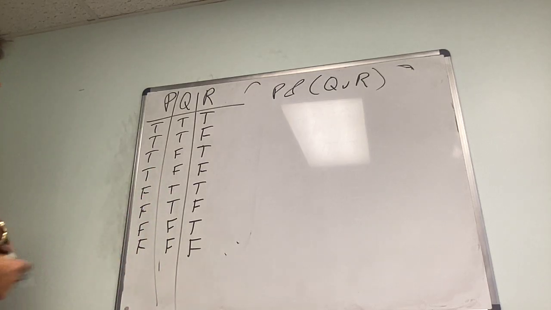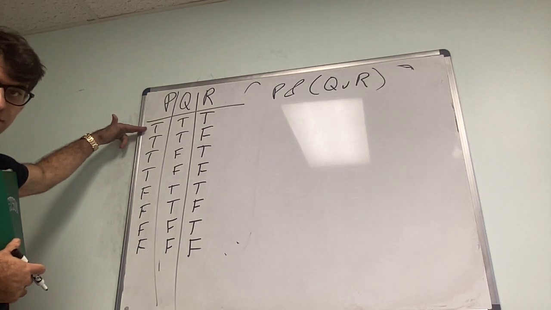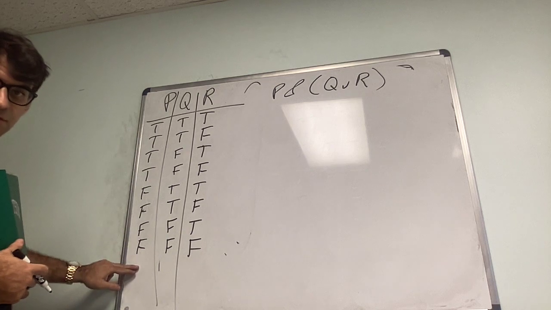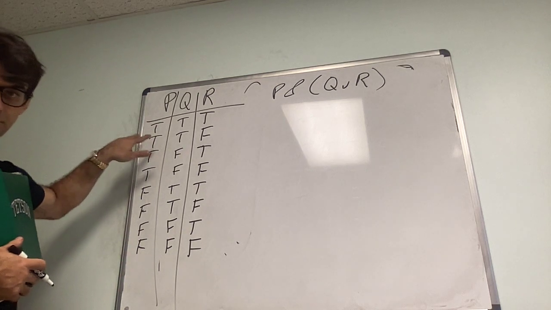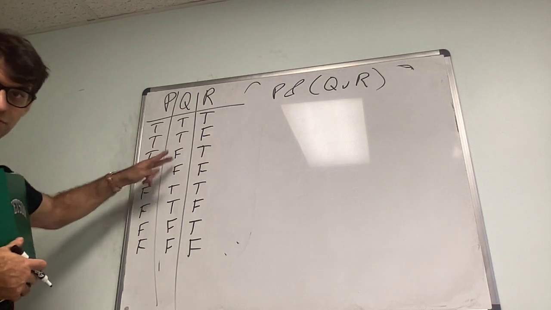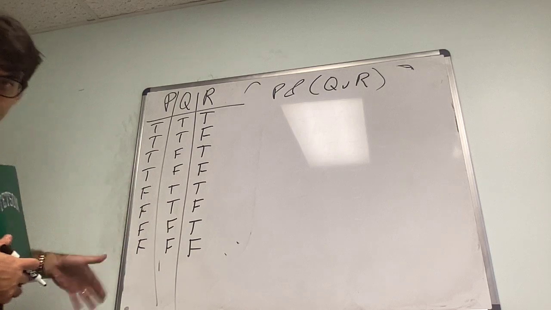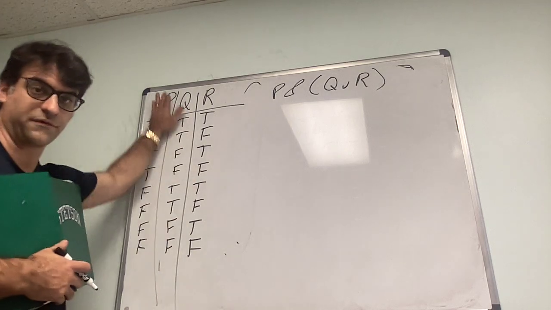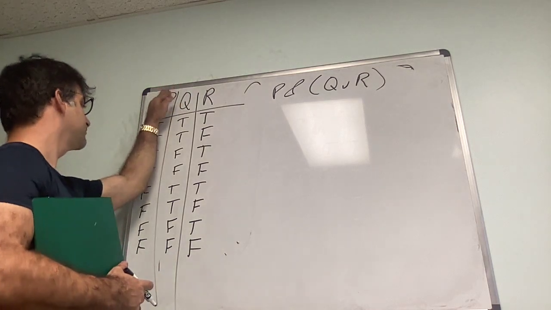And if you see here, like with the 4 row, the top row is going to be all true if you follow this method. The bottom is going to be all false, and indeed, each of the rows are distinct. P and Q are true, and R is false. True, false, true. True, false, false. False, true, true. None of them overlap. If you ignore this third column,